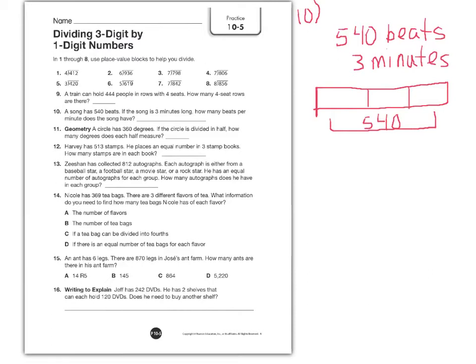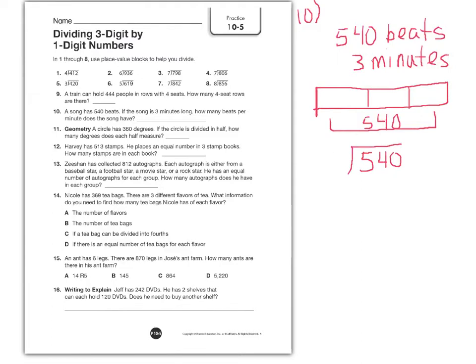All right, number 10. A song has 540 beats. If the song is 3 minutes long, how many beats per minute does the song have? So we are dealing with 540 beats and 3 minutes. We're going to look at this as the whole song with 540 beats and 3 minutes. So we're going to split the minutes up: 1 minute, 2 minutes, and 3 minutes. Since we're splitting this 540 into 3 sections, we're going to be dividing 540